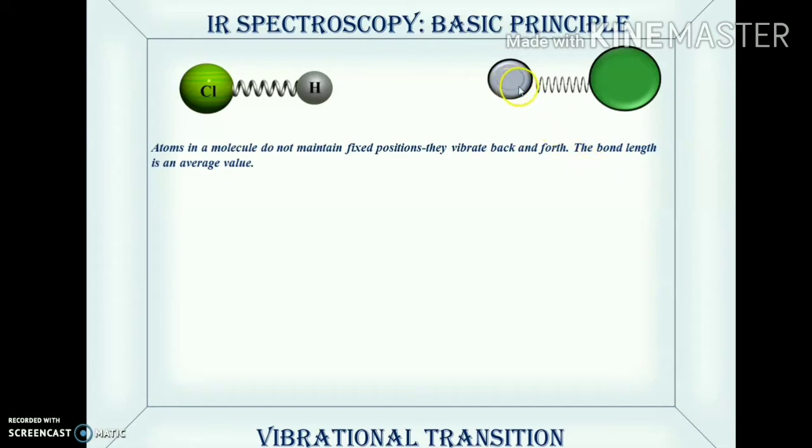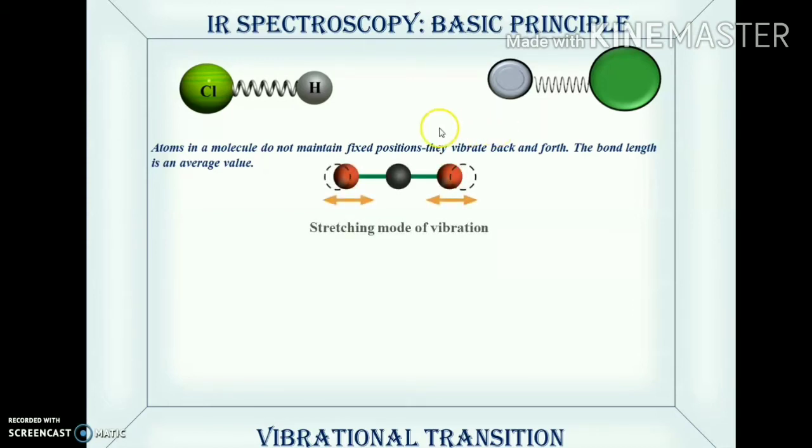Now, such type of movement of the atom back and forth in a molecule, as you can see here, one time it elongates the spring or the bond, and the other time it compresses it. So it appears as if somebody is pulling out the spring and then releasing it, pulling out the spring and then releasing it. It's that type of motion of vibration. It is called the stretching mode of vibration, which is represented with the help of a triatomic molecule over here,